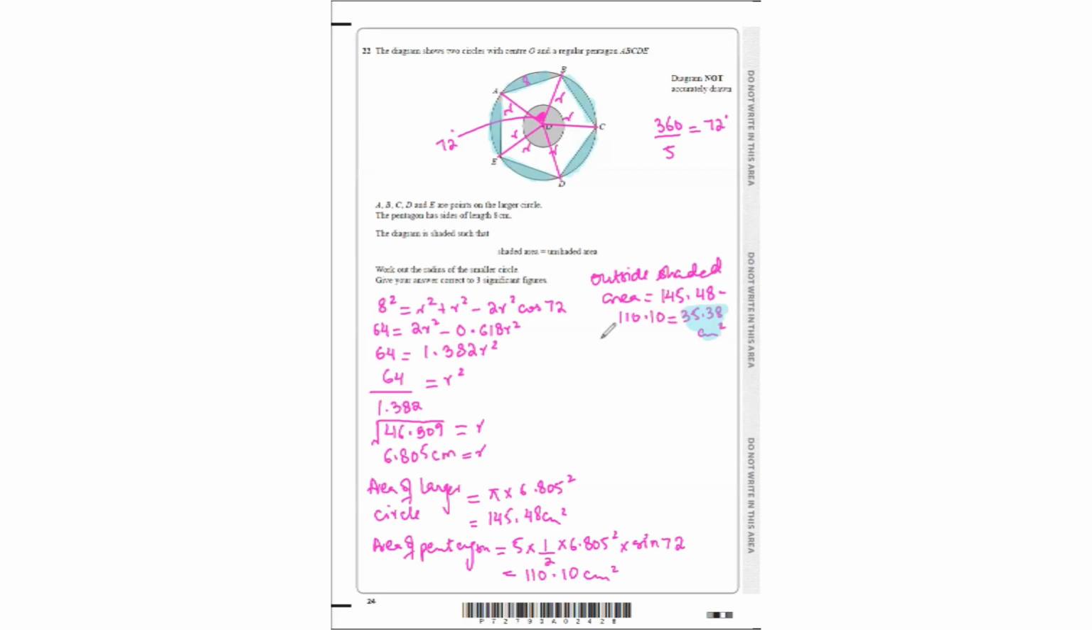So if they're the same, shaded area is basically this one plus area of the circle inside the pentagon. And unshaded area is the pentagon minus the area of the circle. So what I'm going to do is shaded equals to unshaded. So that's